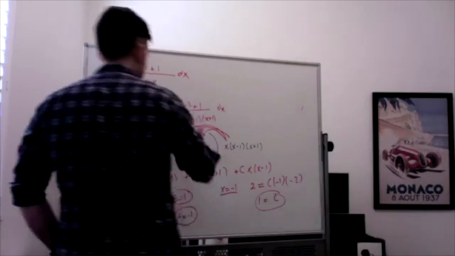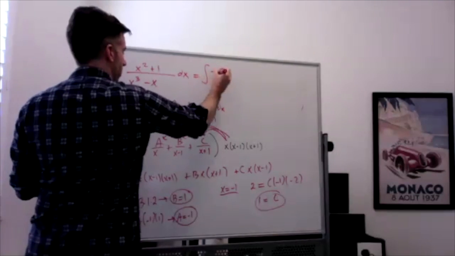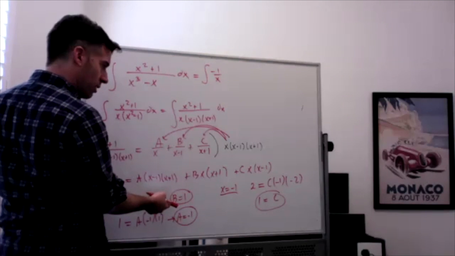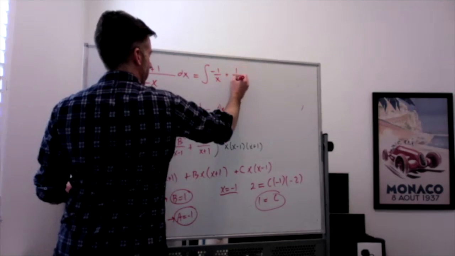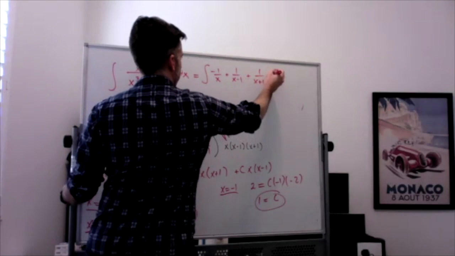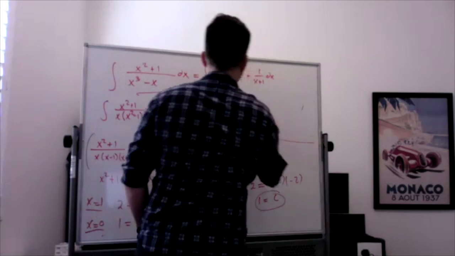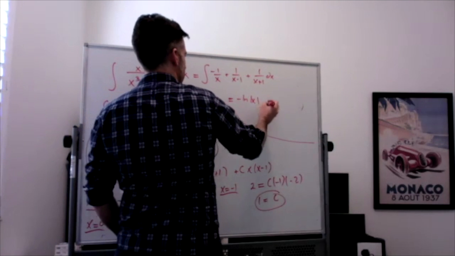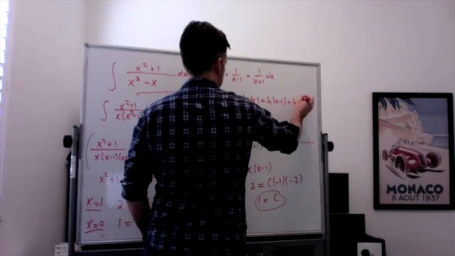So now I can say that this integral is equal to the integral of a, so negative 1 over x, plus b, which is 1 over x minus 1, plus c, which is also 1 over x plus 1. And then that's really easy to integrate. That's going to equal negative natural log of the absolute value of x plus the natural log of the absolute value of x minus 1 plus the natural log of the absolute value of x plus 1